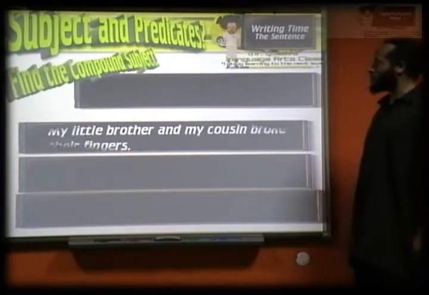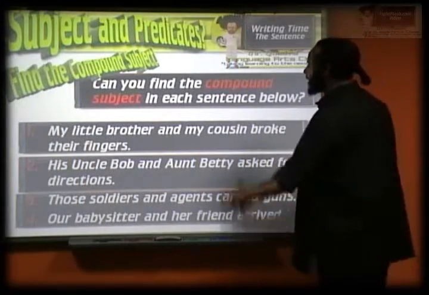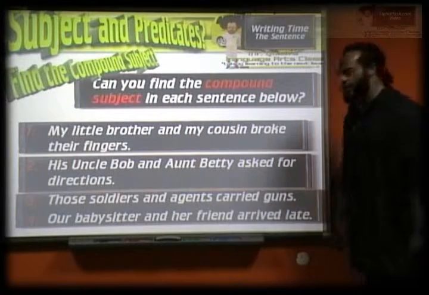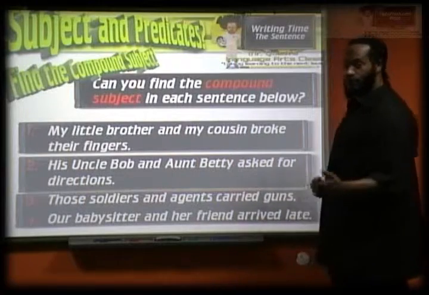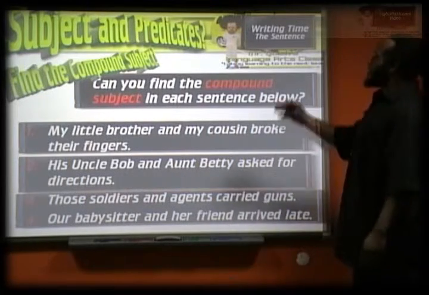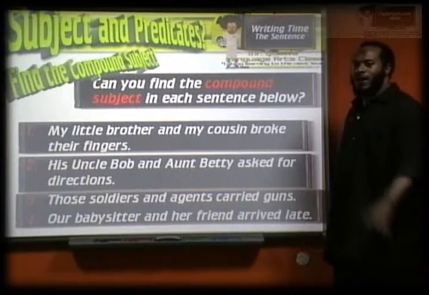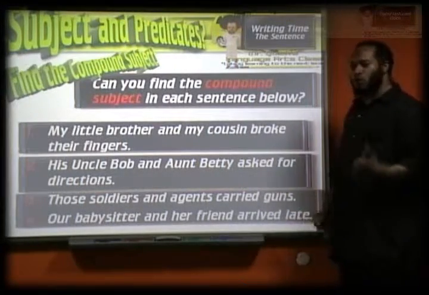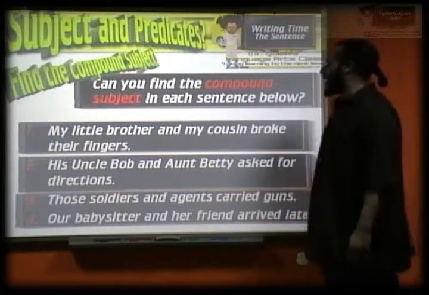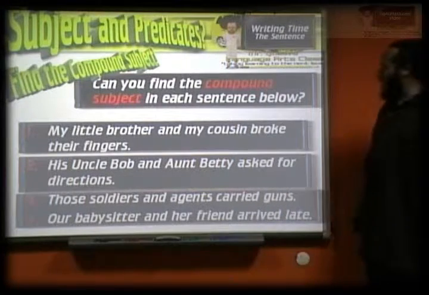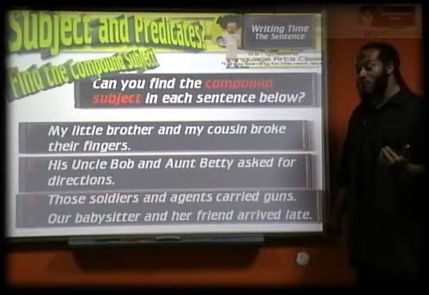Moving right along. Now I want you to write these sentences down, because we need to find the compound subject in each of these sentences. So pause the video and write. Okay, all right. Here we go. My little brother and my cousin broke their fingers. These are the same sentences we wrote before with a little twist to them, to include the compound subjects here. His Uncle Bob and Aunt Betty asked for directions, and if you apply the method that we use to